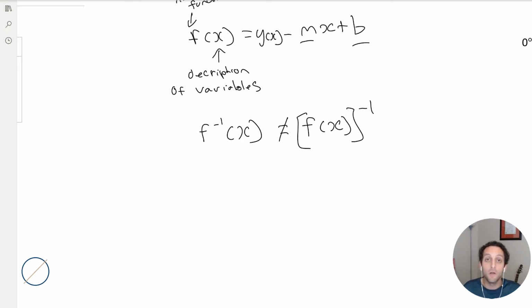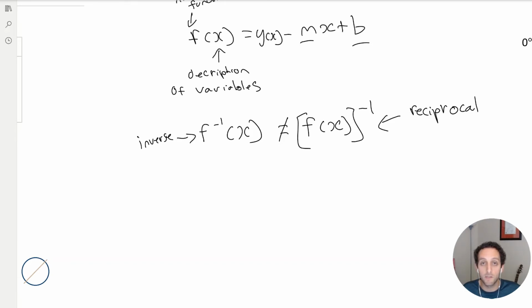So, Stefan, you've explained to me that they're not equal. So what's the guy on the right called? The language for him is called a reciprocal. And this guy is our inverse. So both of them share exponents, but one is kind of embedded on the f and the other is around the whole function. All right, so now that we know the language that's associated with function notation and the basis